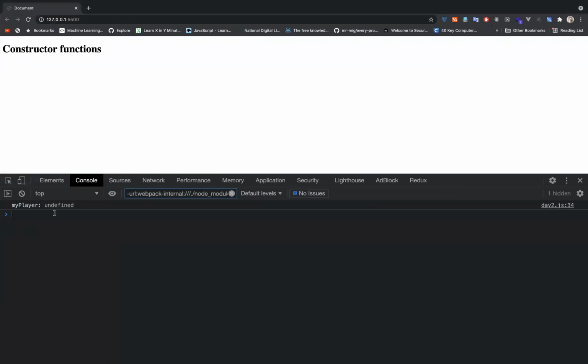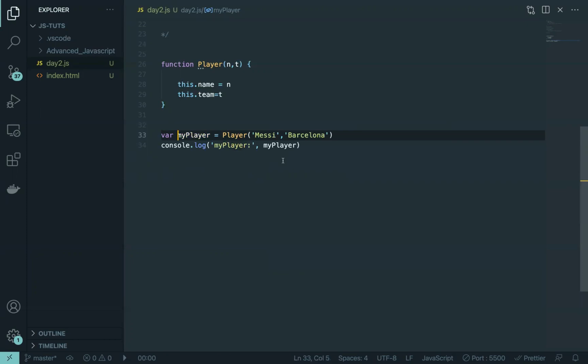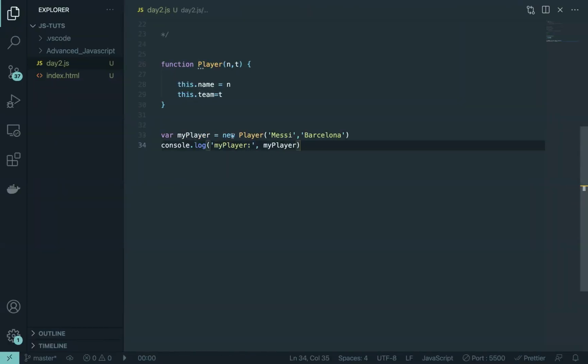So if I go back here, I'm not getting anything. My function is being executed, but it is not returning anything. And you just said that using a constructor function, we can create an object. Yes, but we are missing one thing, and it is called the new keyword. Now see what kind of magic the new keyword will do. If I use it, now I'm getting my object. That means the new keyword will help us return the values that are being used by a constructor function, because the constructor function is going to create the object, but new will make sure that it is returning it to us.